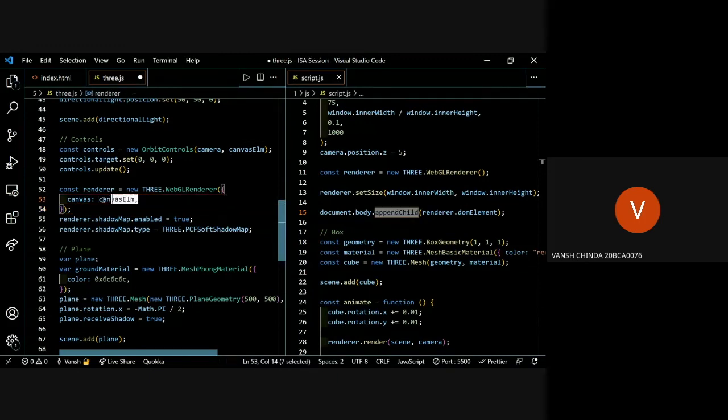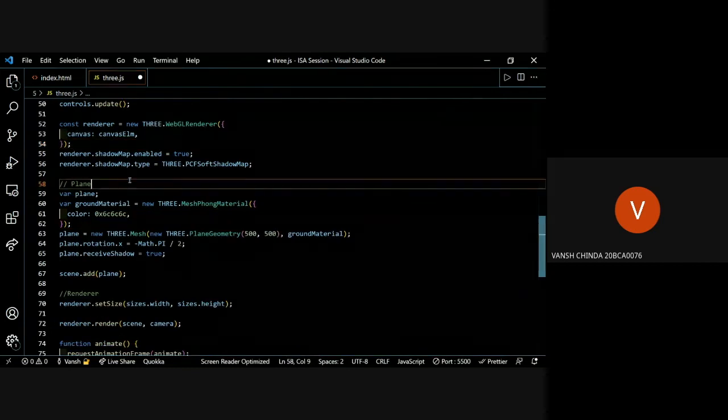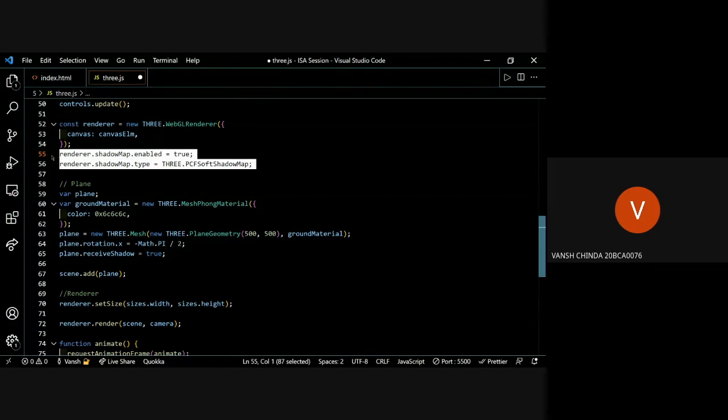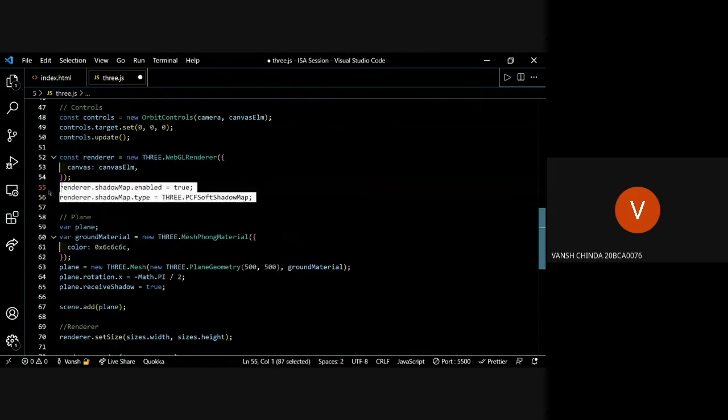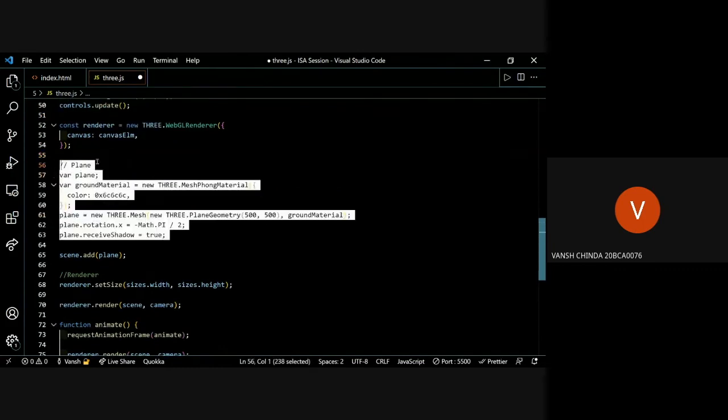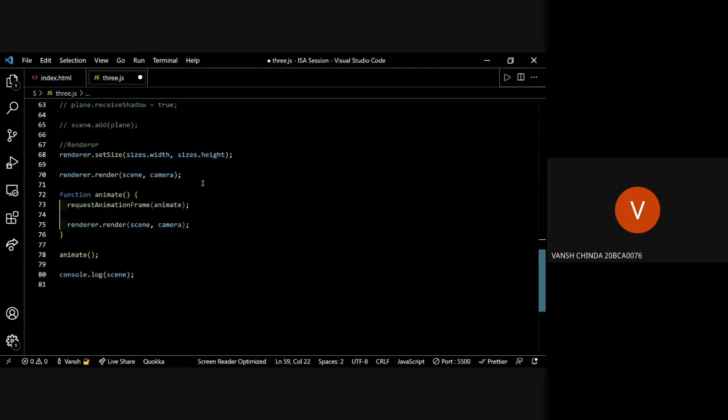Creating a new child basically means adding a new tag to the HTML. So what we did here is assign the canvas element to our WebGL renderer, basically telling it which canvas we are using. And then you don't need to understand this right now. We'll just remove it. Basically what it is doing is enabling shadows. I added this on my own. I think we don't need to add this. And let's not keep a plane as well. Let's just see what has happened till now. We'll get back, and console.log we don't need as well. Okay, so what's happening here? We need to go to the 5.